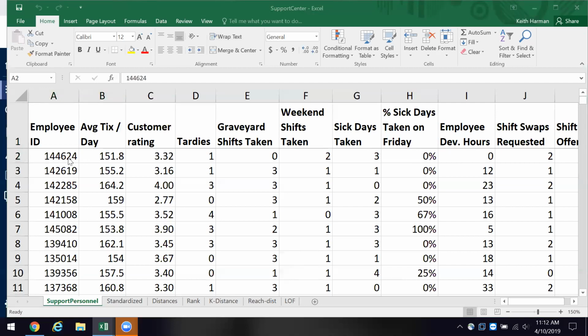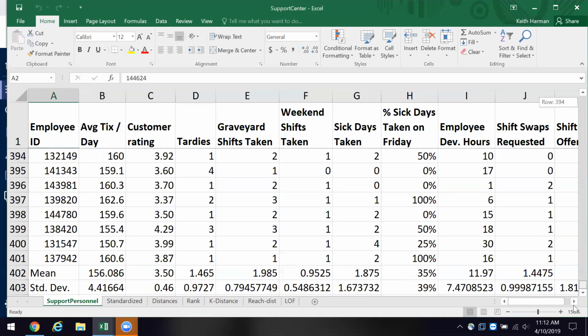Okay, so we've got these data for these folks, and the first thing we're going to do is we're going to go down to row 402. And here we start row 402, and we have the mean.